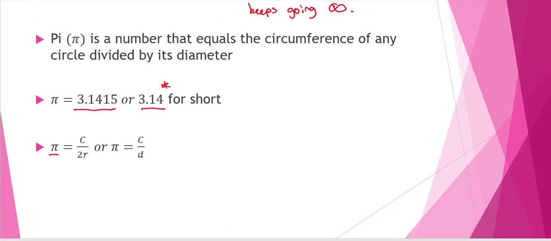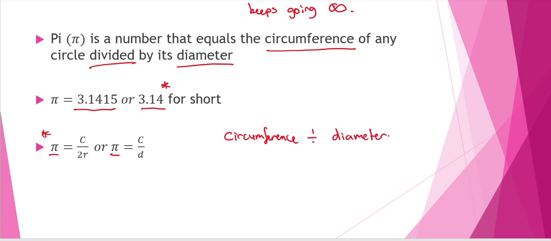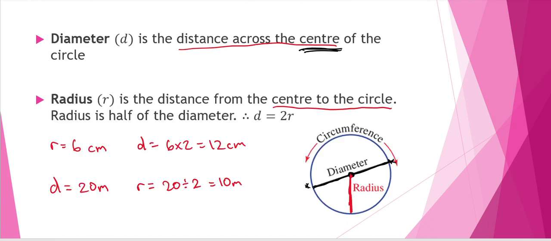Now, these formulas here, pi equals c over 2r or pi equals c over d, don't get confused too much, okay? This value, 3.1415 or whatever, 3.14, is pretty much whenever the circumference is divided by its diameter, okay? So when circumference, aka the perimeter of the circle, is divided by its diameter, which is pretty much the distance from one end